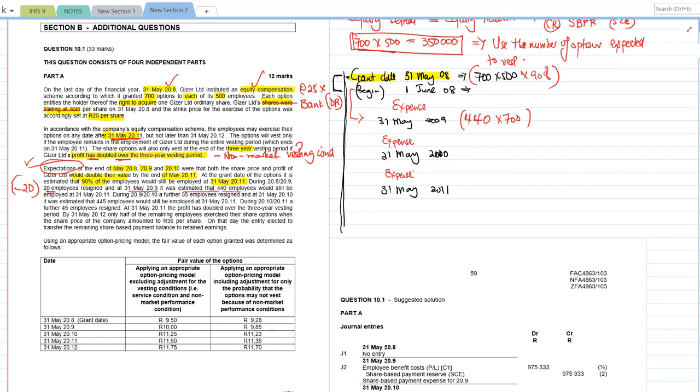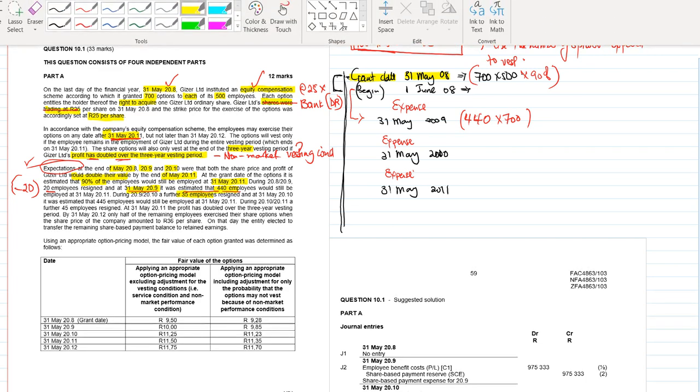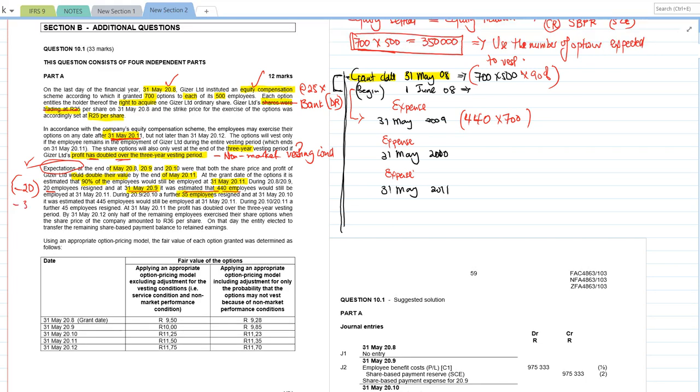And then from there, let me just go back to my highlighter. They said this was for that, and then 440 employees. And then what happened? During 2009 and 10, a further 35 employees are gone. So let's put the 35 employees down, minus 35 again, right? And then from there, what happened? They resigned. And at 31 May 2010, it was estimated that 445 employees would still be employed on 31